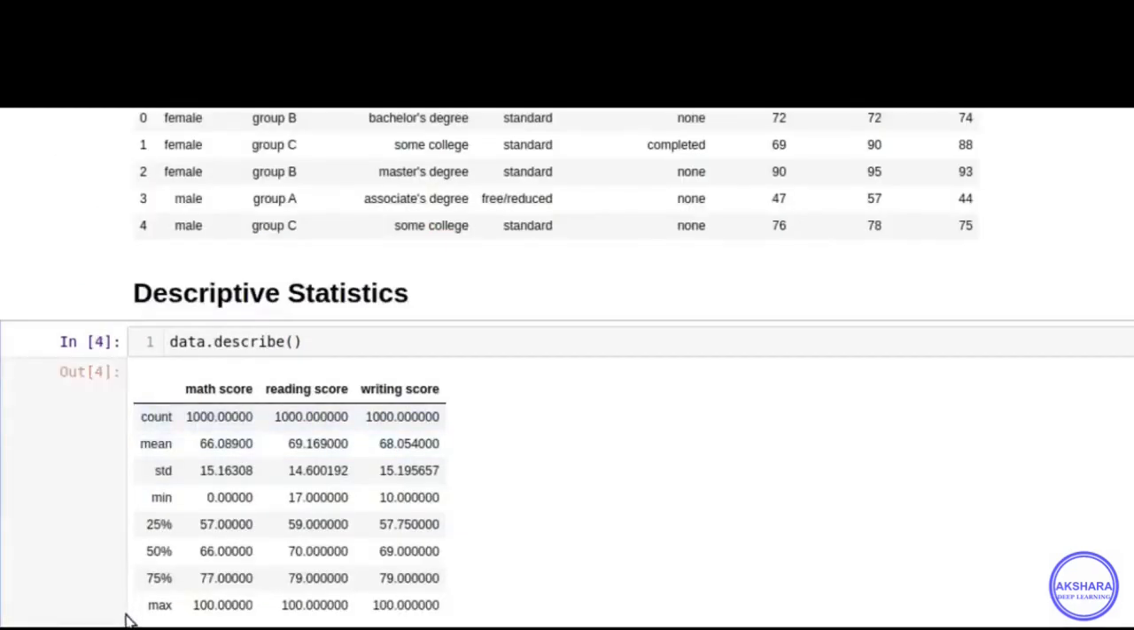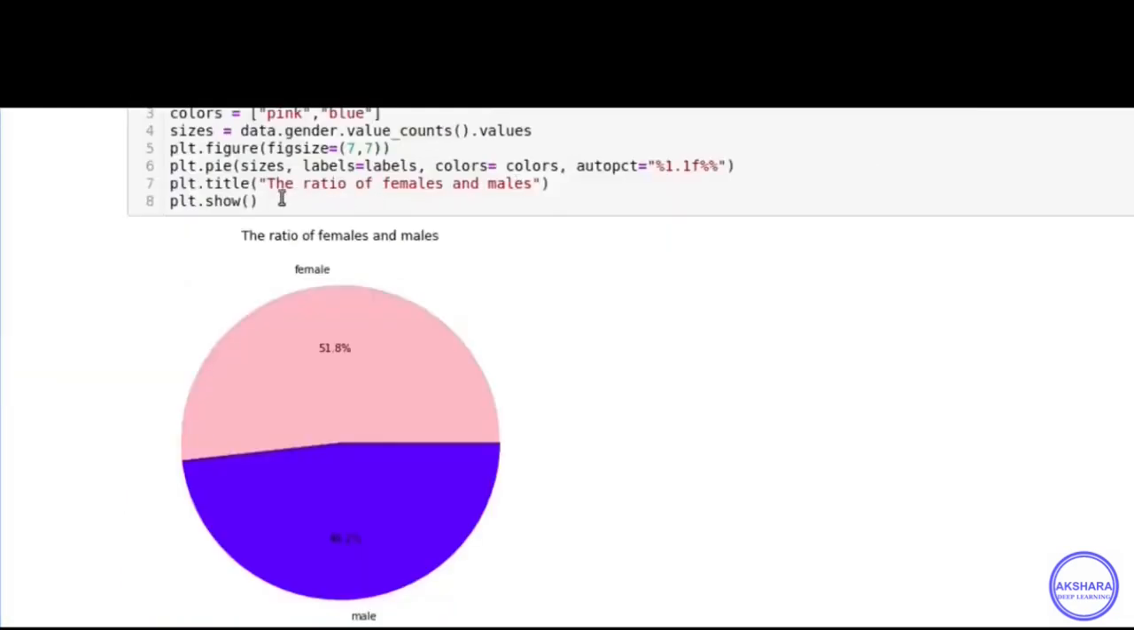These are the summary statistics used to summarize the data, meaning the mean value and the standard deviation. Here the math score standard deviation is 15, reading score standard deviation is 14, and writing score standard deviation is 15. Like that you have minimum, maximum, first quartile, second quartile and third quartile data. By using descriptive analytics, we can summarize the entire data, and we can analyze the data easily by using